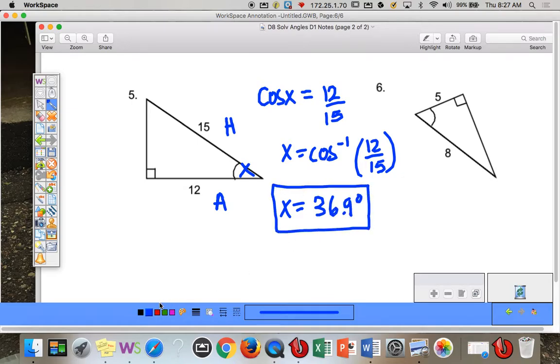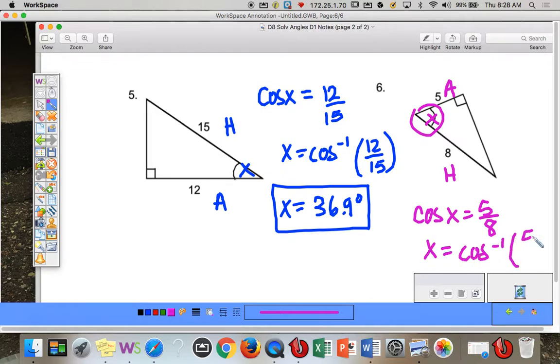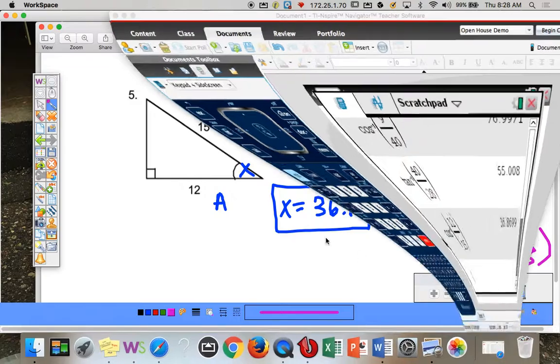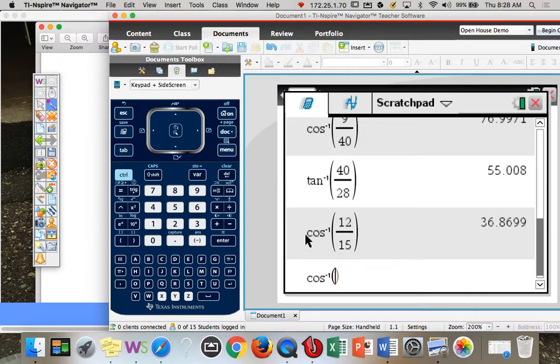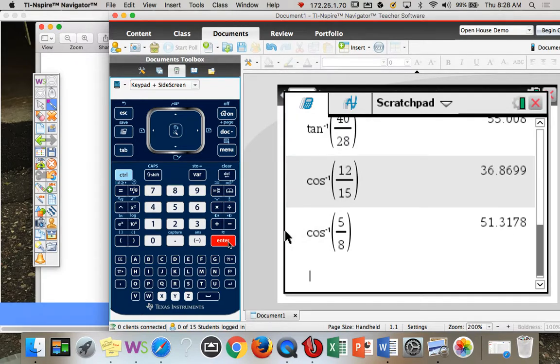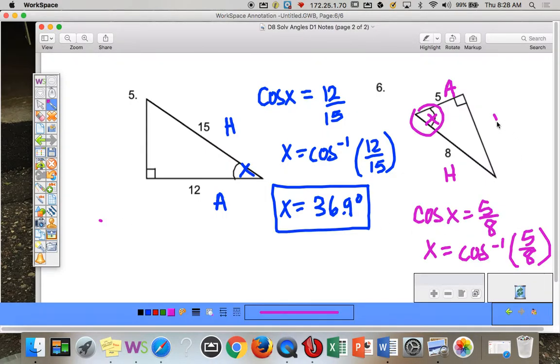Our triangle might be turned around a little bit, but that's okay. This is X right here. We have the adjacent side and the hypotenuse. So again, cosine. Cosine of X equals 5 over 8. X equals cosine inverse of 5 over 8. And you just type that in. Cosine inverse 5 over 8, 51.3,